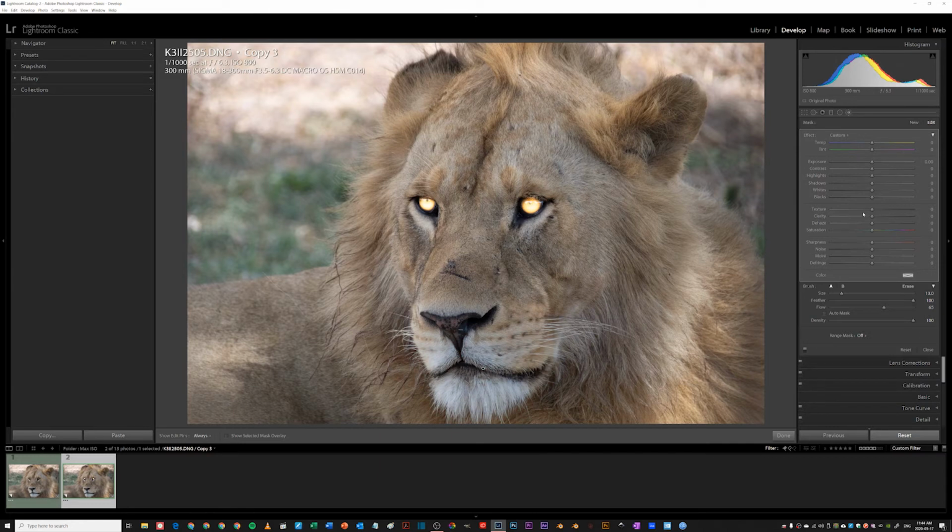So what we want to do here, we actually want to drop the exposure. Normally you'd want to make things brighter, but not here. So we want to actually drop the exposure a little bit, maybe a little bit more contrast. And what we're going to do is actually saturate this a little bit. You notice that this gives you a bit of a blue tinge, and you notice some areas that you missed. But what we're going to do is change that blue to a bit of a magenta,